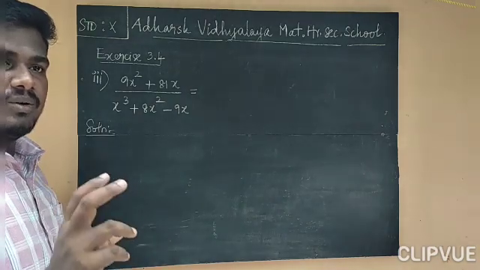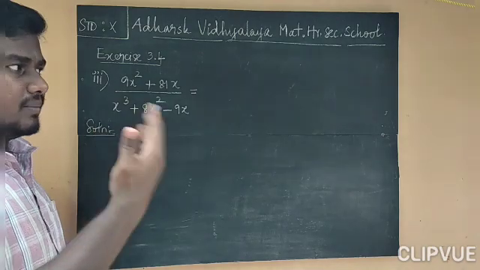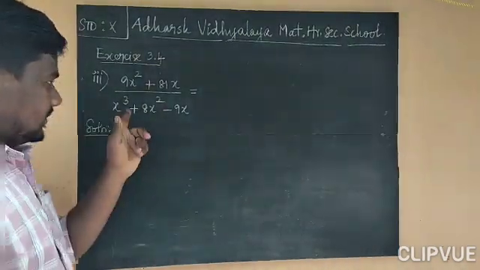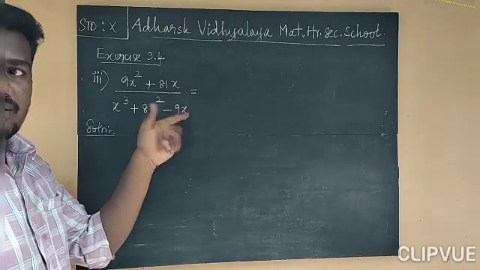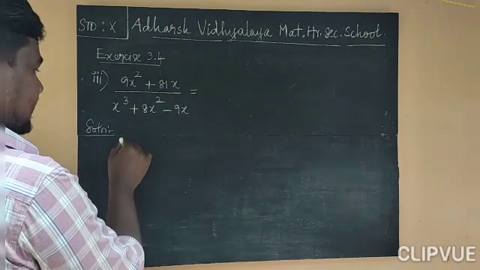So for the quadratic polynomial, finding the factors is easy, you know that. Here the sum and product method is not needed, we can follow the division method. In the cubic polynomial, x is the common factor. You can take that x out. So how can we take that? First 9x square